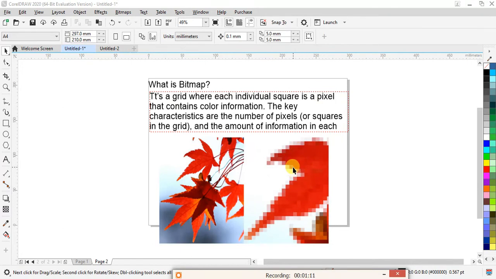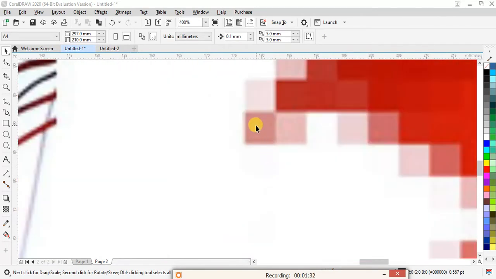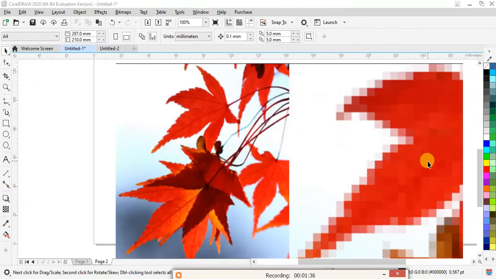It is made up of various pixels, and various features can be applied to bitmaps. But when you zoom this image, it will lose its resolution because it is made up of pixels. You can see the key characteristics are the number of pixels or squares in the grid and the amount of information in each pixel. Each pixel has a different value, a different color in it, and this is how your leaf is made.